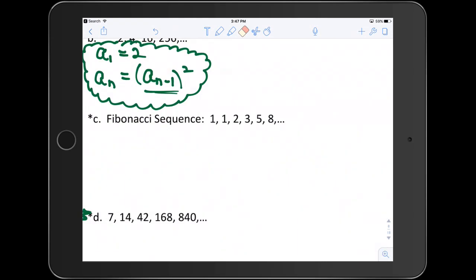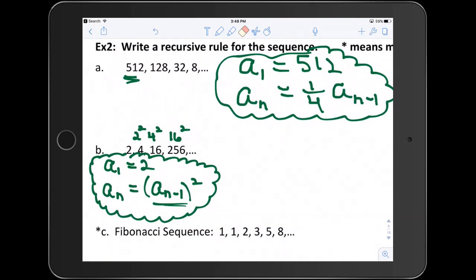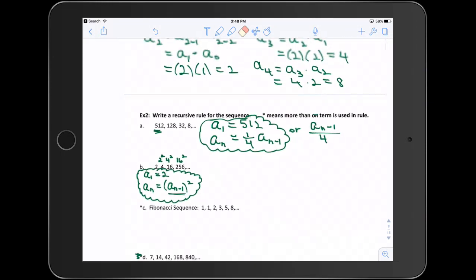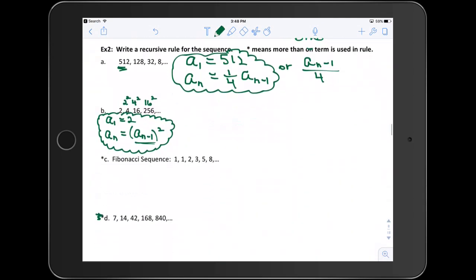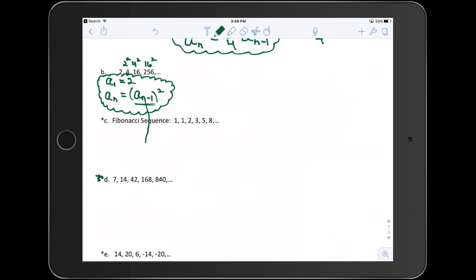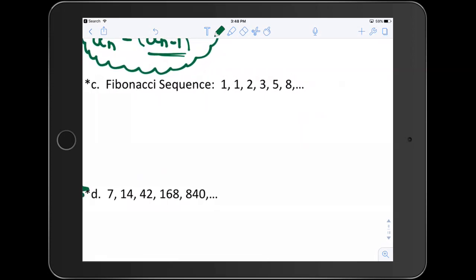Now, notice this is starred. The reason being is that you're not just using one term. You have to list, how did I write it up here? I said means more than one. Remember, this was supposed to say 1 right here. 1 term is used in the rule. So what I mean by that is that you're going to need, and I'm going to make it big again because it's a little bit easier for me to write,